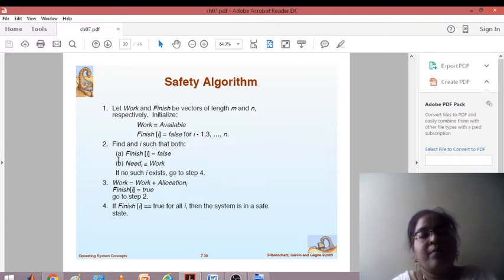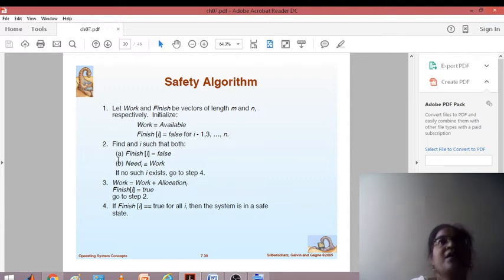Now among P1, P2, P3 and P4, P2 has finished its execution. When it finished, it released the resources it was already holding, and whatever was newly allocated. Now the available resources are more with the operating system. Now you can check which of P1, P3 and P4 can be satisfied, so that one can finish its execution.